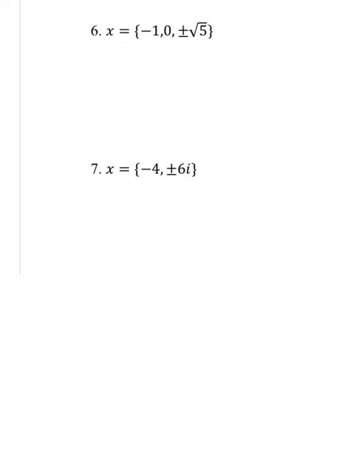This point, this is my vertex, and my parabola is going to then hug my focus, so this is concave up. So my vertex is (2, 1), where this is h and this is k. My p-value is the distance from the vertex to the focus, so here to here I'm going up 3, so p is a positive 3. So when I plug this in, this is (x − h)² = 4p(y − k)